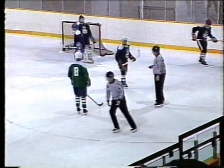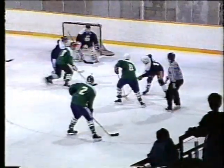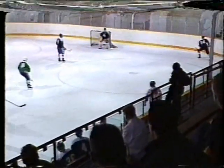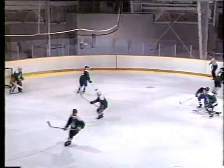And it'll be another face-off just to the left of Glenham. 9 minutes, 22 seconds remaining in regulation time. His team has a 3-2 lead. And the Green Hornets suddenly have a power play advantage. They try to keep the puck in front of the net, but the Blues get the puck out. They've been doing that very effectively today, providing solid defense. But it's back into their zone. Blues trying to get it out. It goes down the ice, where it's saved by the Green Hornets goaltender. Now shooting it out to the blue line. Picking it up for the Green Hornets